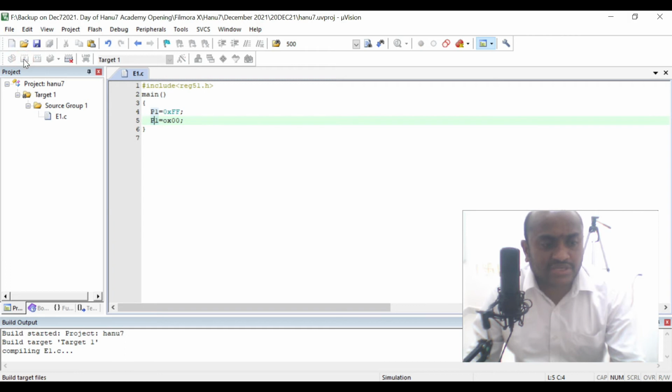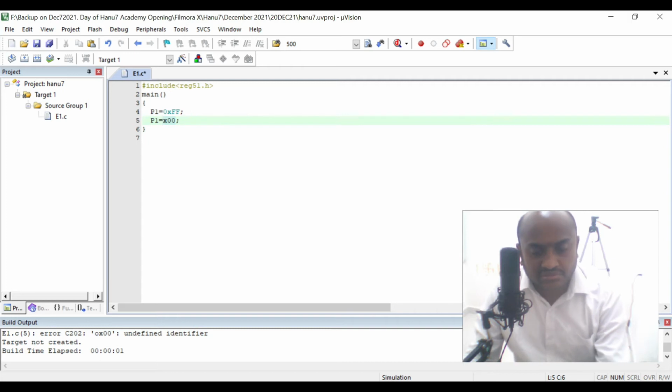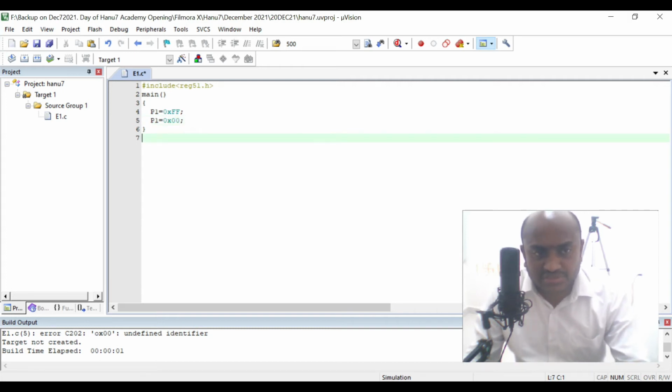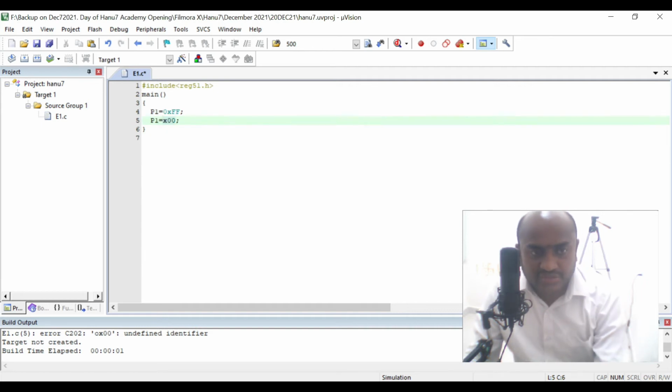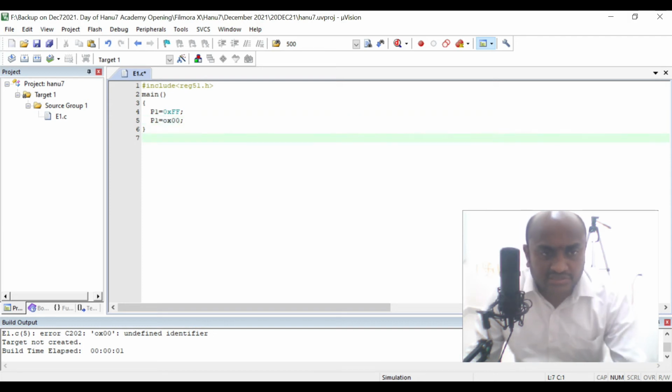Then if I compile it again, still I am getting the error. 0x00 undefined identifier. So it tells that there is an error here: this is not a 0, it is an O. I wrote O there, so make it 0. Now the color got changed. Can you observe that? Earlier it was something else. If I write O here, it is in a different color.